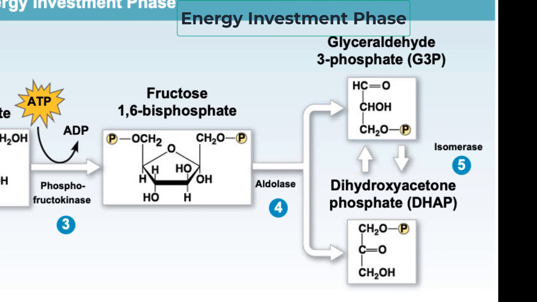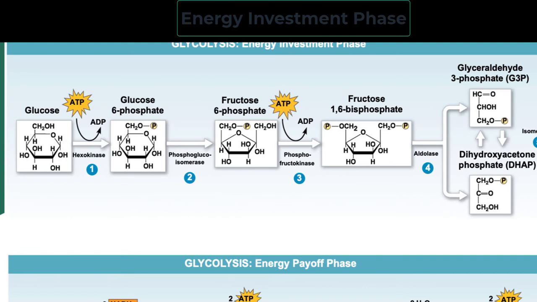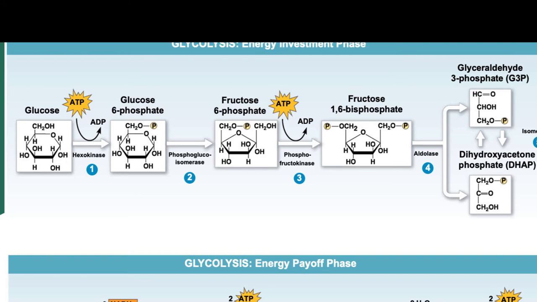Notice that in this picture, there seems to be a reversible reaction between the DHAP and the G3P. These two molecules are easily converted one to the other, but it's only G3P that's used later on in the next steps. Because of this reversible reaction, DHAP that is produced can easily get transformed into G3P, and G3P gets used up later. So in summary, the energy investment phase involves phosphorylation of glucose, rearranging, and finally splitting the molecule into two molecules of G3P.